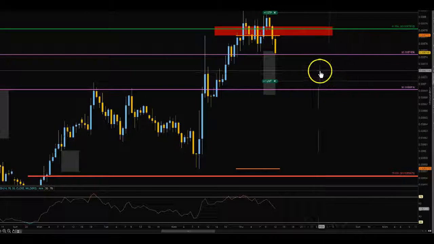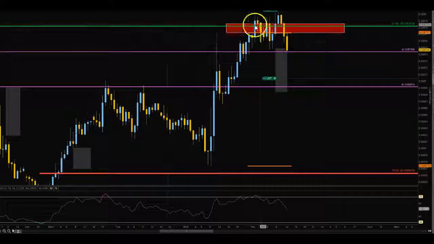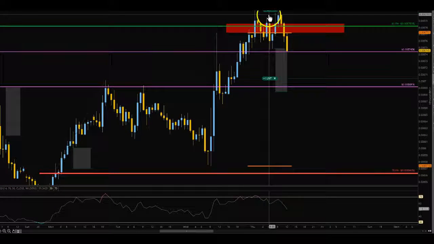So best of luck. We may do a recap video, but this is what we're looking for in the yen short. And this is why we're shorting against a major